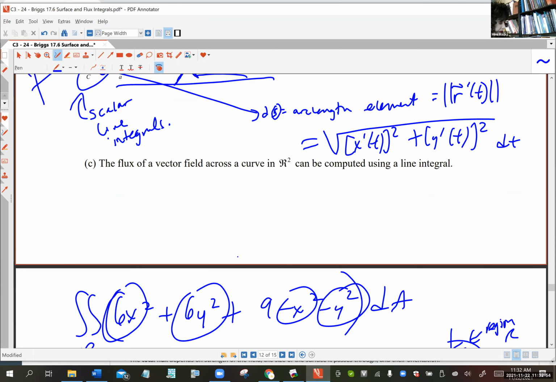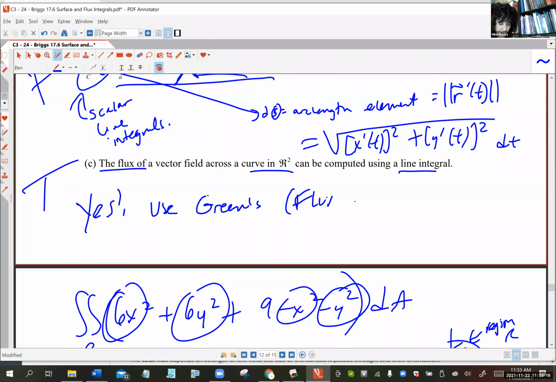Okay, and last but not least, true or false? The flux of a vector field across a curve, not a surface now, a curve, can be computed using a line integral. This is a little bit hard, and I wouldn't expect you to know it, but I'm going to tell you true. And here's why. You're going to use Green's, the flux version, and that actually found flux of stuff across the border or boundary of that line integral. So flux was equal to this line integral, M dy minus N dx, and we found that if it was a closed curve,